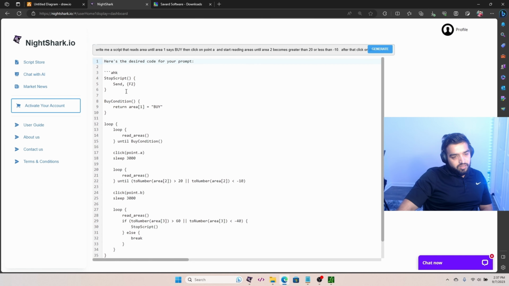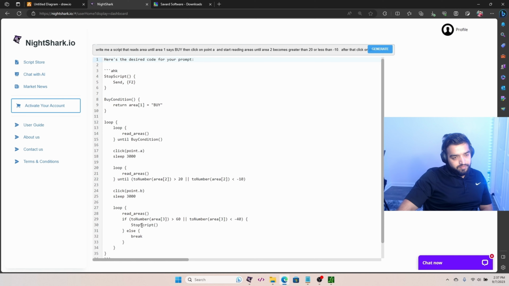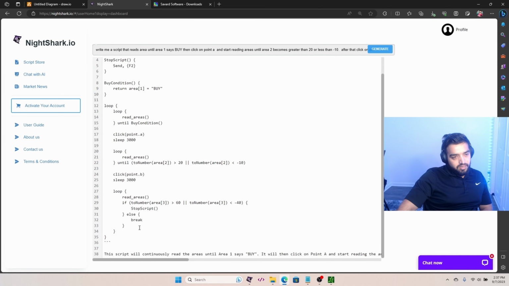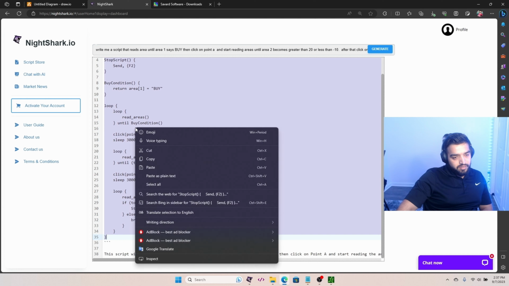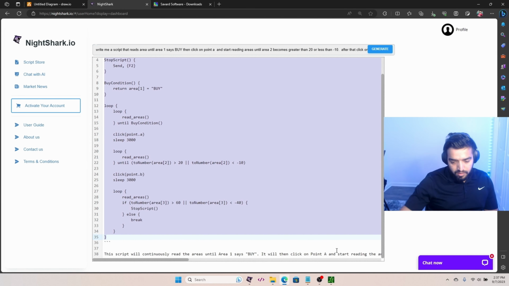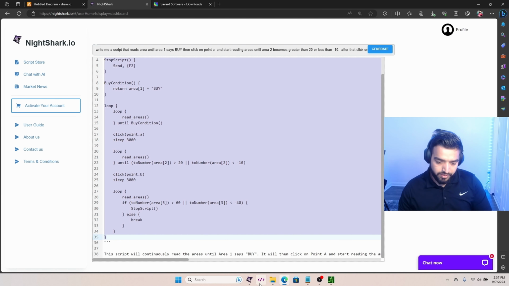So this is looking good. And what we're gonna do is copy within these three brackets. We're gonna copy from here to here, and then what we're gonna do next would be